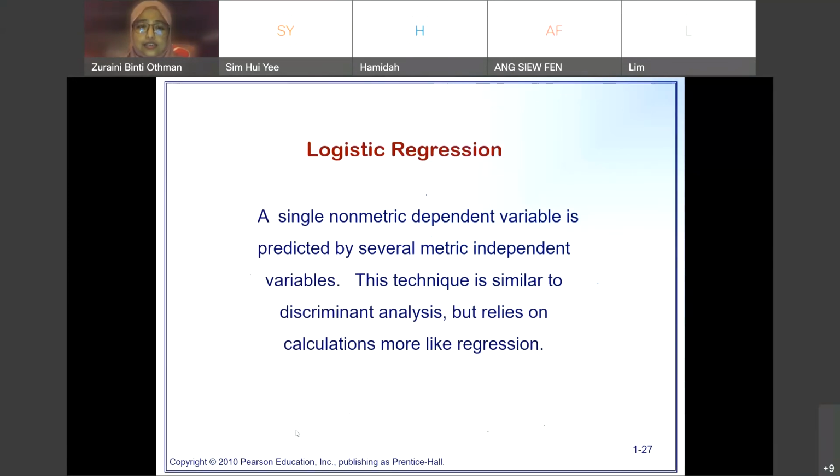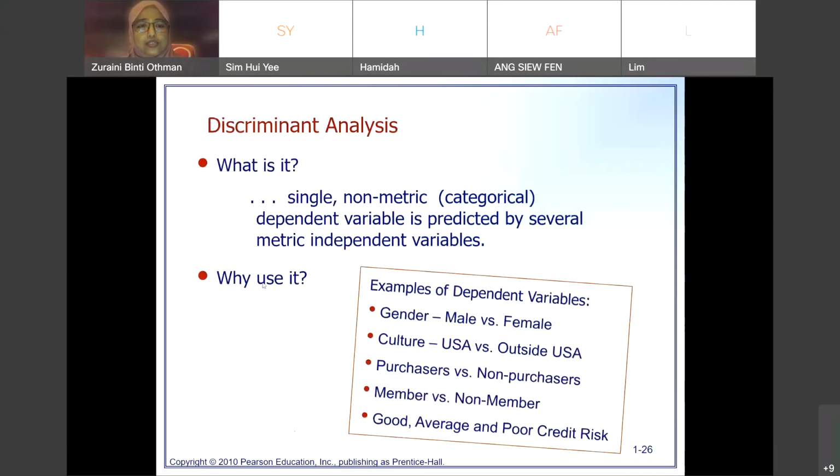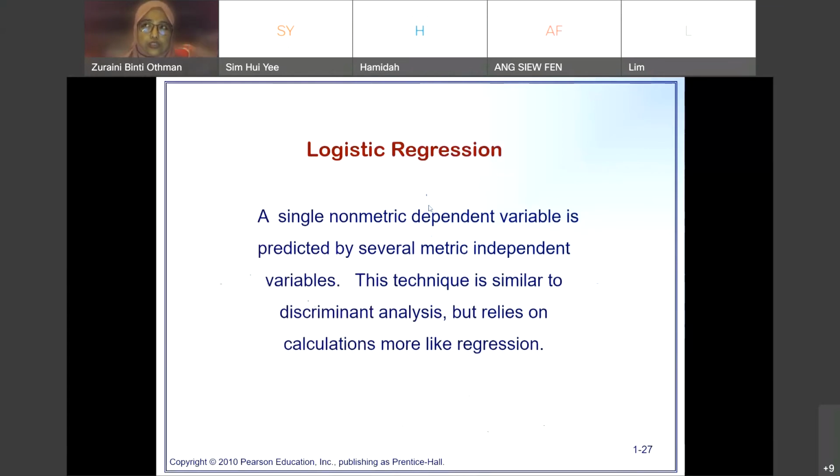And this is logistic regression. Okay, now I will explain an overview of each technique, for the interdependent and dependent ones just now. Okay, this comes to logistic regression. This is a single non-metric dependent variable predicted by several metric independent variables. This technique is similar to discriminant analysis but relies on calculation more like regression. Okay, you may see an example for this